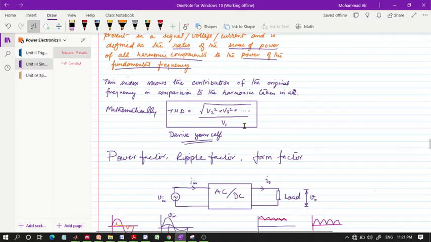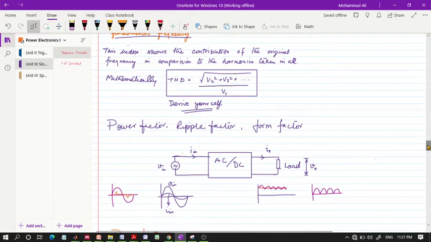There are other things also, for example weighted THD and other terminology, that help us define the distortion in the waveform. So right now we are concerned about THD only. For higher studies you can consider those parameters also, and moreover you will be discussing weighted THD and all when we discuss the inverters in Power Electronics 2.